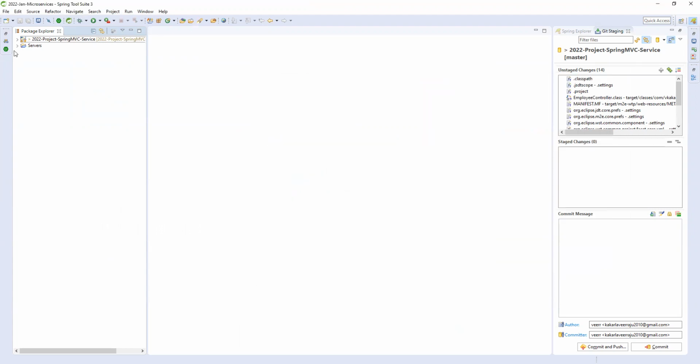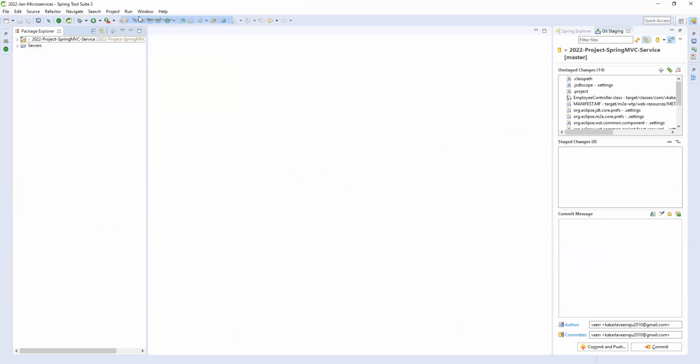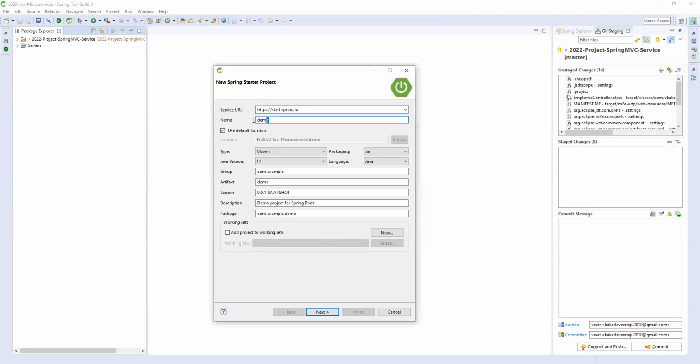The second way of creating is directly here, with no need to download and browse. You can give the name here. It will come as demo, com.example, like this. Here it is also taking Spring Initializer only, the URL is also referring to Spring Initializer. So not demo; our project is 2022 project.